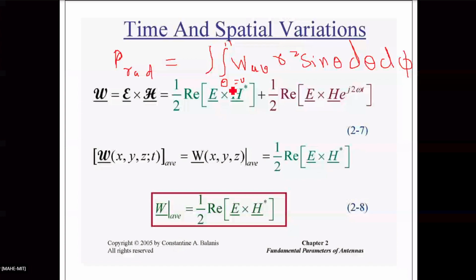So what is the use of average power density, you understood. How do you get average power density from instantaneous power density, and how to get P rad, that is, the radiated power of an antenna. The radiated power density is the average, the real part of E cross H star, so it is always real power. P rad is always a real power, not reactive power, because we are taking the real part of E cross H star.